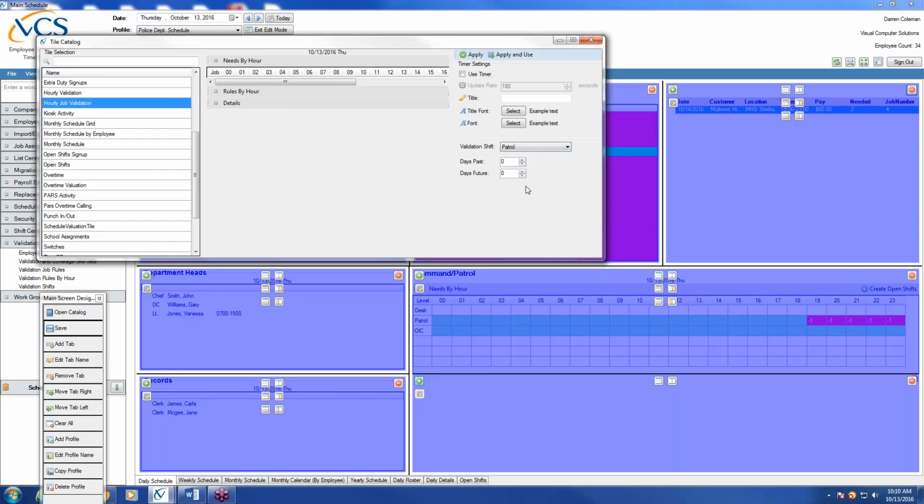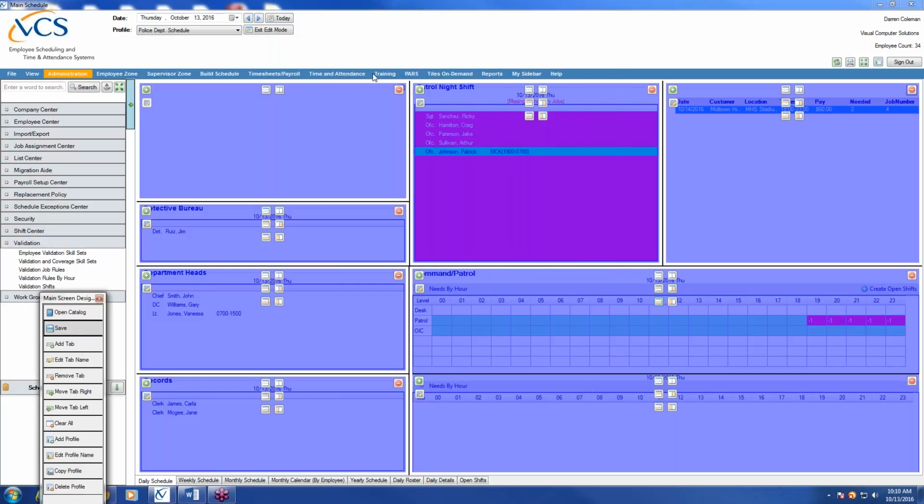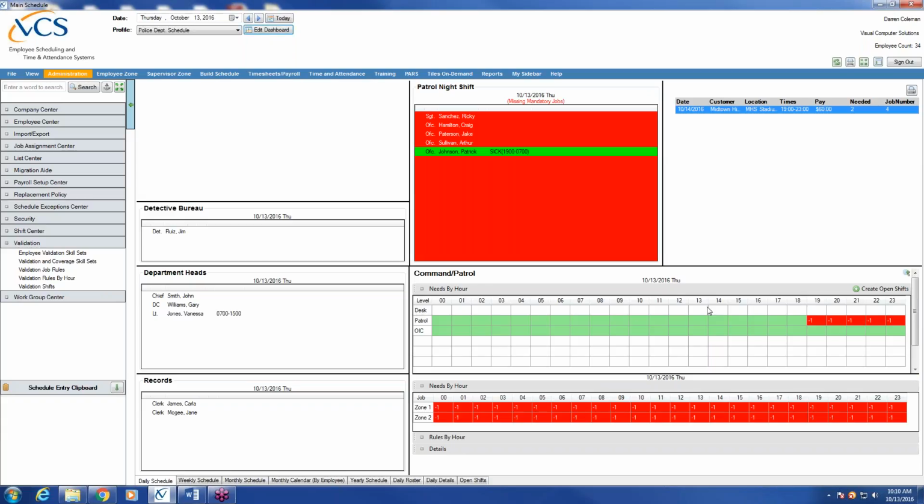The rules that were applied towards the patrol skill set, right? There's my zones. Right. And so even though I have enough people, except for that shortage on the night shift, my patrol areas have not been assigned. Okay? So now as I do this,